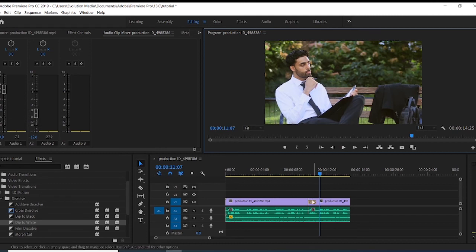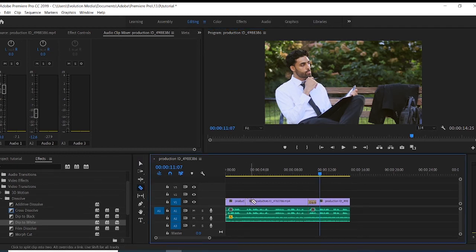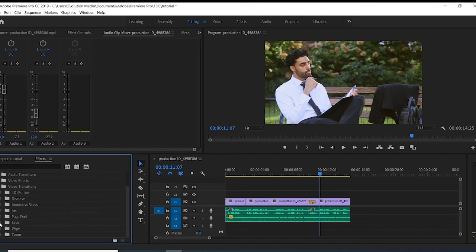Maybe I want that white to be here again. We're talking about transition here. It's transiting from one to the other. So how do you apply it here? You just have to make a cut here, and then cut here as well. But if you didn't make that cut, you will not be able to apply it, because it's just one video. So you are not transiting from anything to another thing. So you can play around with this one and apply whatever it is that you want.